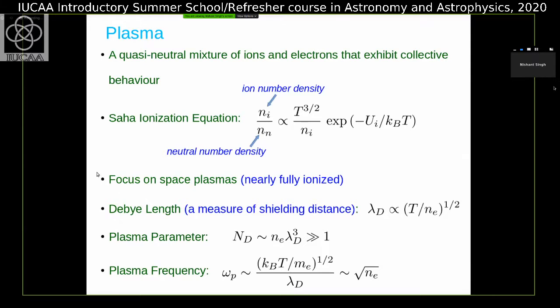But luckily, for most of the plasmas of interest in space, it turns out that it's possible to deal with them in terms of a fluid picture. These are also non-relativistic. They are not moving close to the speed of light, at least for most parts of the universe. So these are non-relativistic mixed plasma states, which can be described by a single fluid. By single fluid, one simply means that the ions and electrons are so much mixed up that if you take the smallest plasma element, like a fluid element,